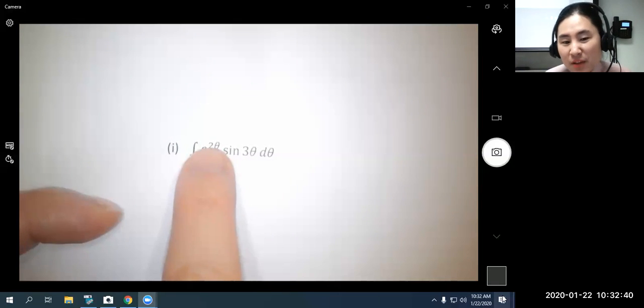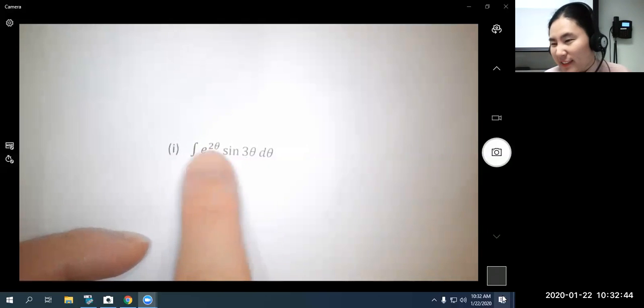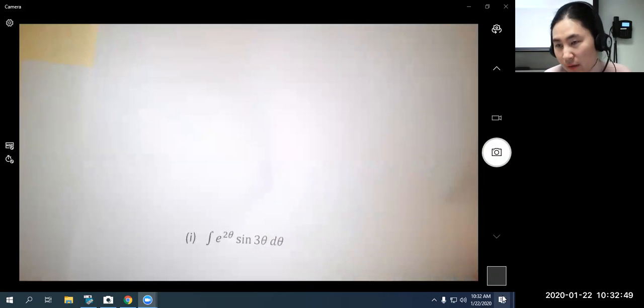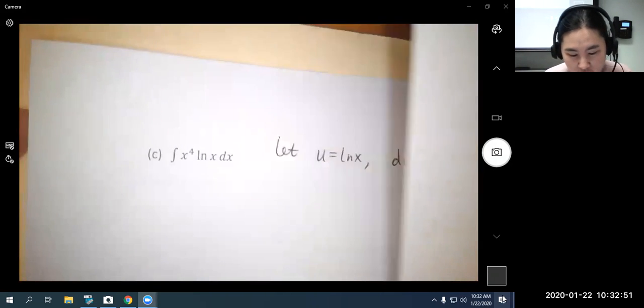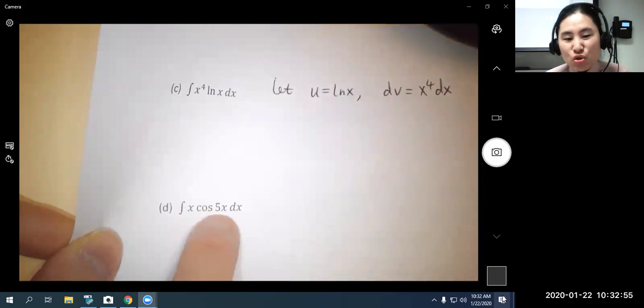They are the same thing, but for the powers of e and also the coefficient of theta, they're different. But you will see later, these two questions are very similar, okay? All right, so when we have a polynomial times trig,